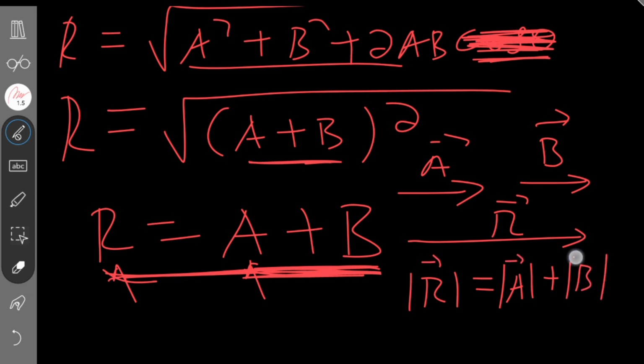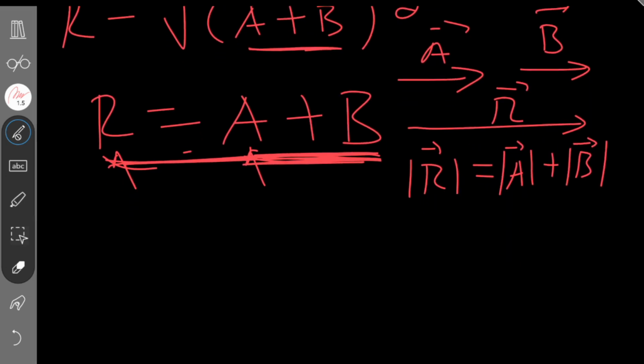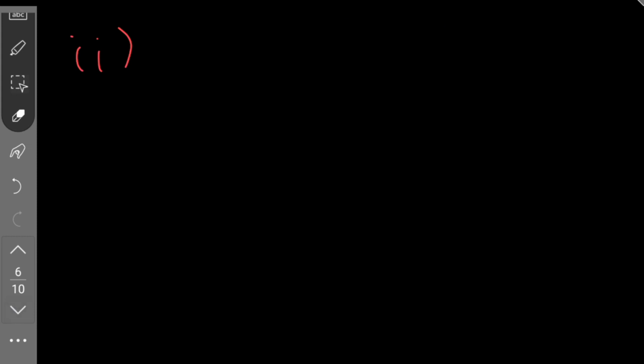The magnitude of r is equals to magnitude of a plus the magnitude of b ይሆናል ማለት ነው። ሲምፕሊ እንደዚህ አድርገን ማስቀመጥ እንችላለን። ግን ምን ከሆኑ ነው? ሁለቱም በተመሳሳይ አቅጣጫ ካሉ አሁን እዚህ ጋር toward the right። Then this is the first special case ነው: if the two vectors have the same direction ካላቸው rን በቀጥታ በመደመር እናገኛለን and the direction of r is the same as the direction of the two vectors. ሪዛልቱ ወደ right side ነው፣ a ወደ right side ነች፣ b ወደ right side። ስለዚህ the direction of the resultant is the same as the direction of the two vectors። ሪዛልታንቱ በአንድ አይነት አቅጣጫ ነው የሚሆን።